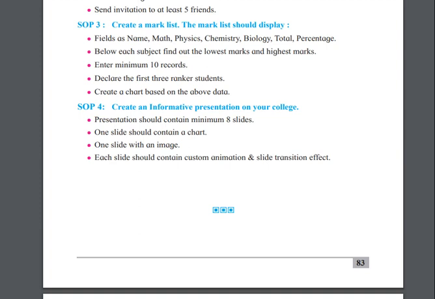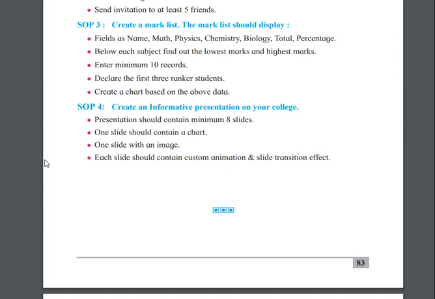The thing that you are going to write in the file journal of your presentation is that you have to write the question, that is, first this, you will create an informative presentation on your college. These are the 4 points which you will include in your file. After that, in short, you will give the description of how you are going to perform each step, that is how you are going to create a slide of your presentation.